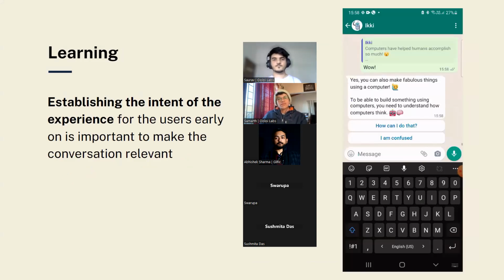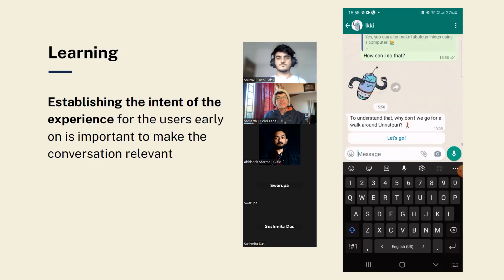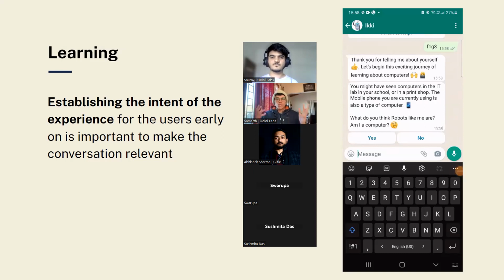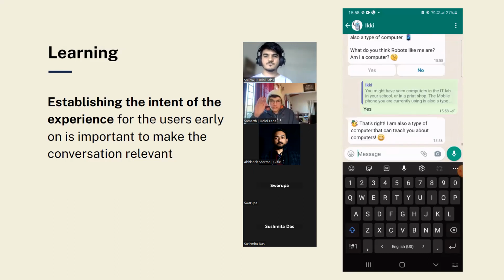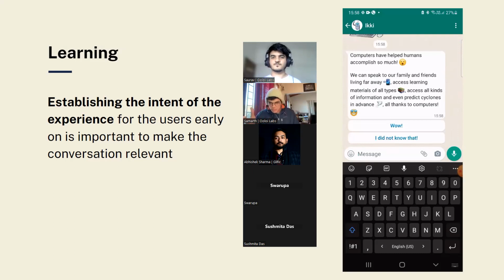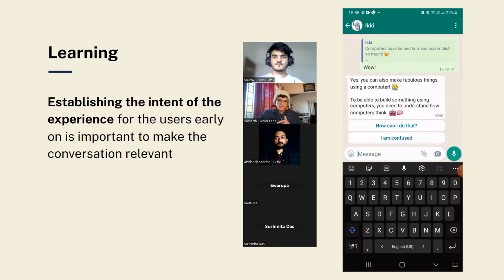A very important aspect of establishing the entire experience itself was to establish the intent right from the start. If we went into vague activities that the students have to do, and they're not sure what it is building up to, the entire point is: how is this relevant to me? So right from the start, we had established maybe not all of the learning objectives, but we had established a story, and the intent was for you to help. You help the characters, you help this main character, help other characters. The idea is always contributing to a larger idea that you're building towards.